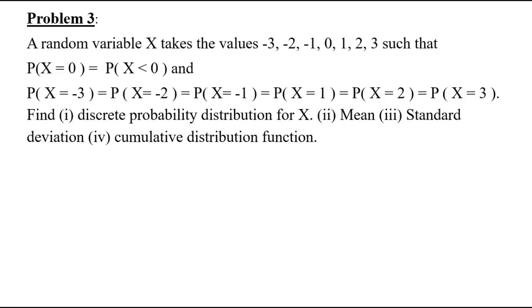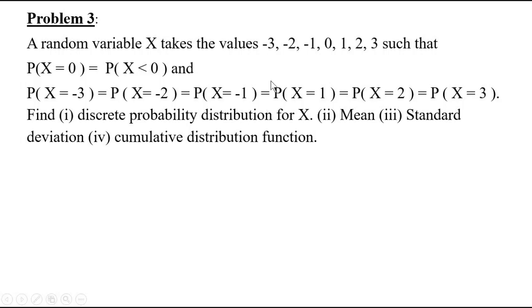Now let us solve another question. A random variable x takes the values minus 3, minus 2, minus 1, 0, 1, 2, 3 such that these two conditions are satisfied. This is our first condition and this is our second condition. Using these two conditions, we are going to find out the discrete probability distribution, mean, standard deviation and cumulative distribution